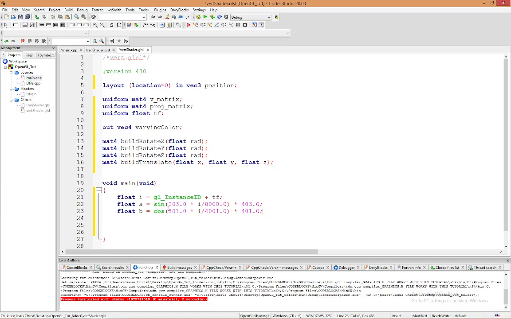Float b is cos(301.0 * i / 4001.0 * 401.0); Float c is equal to sin(400.0 * i / 6003.0 * 405.0);